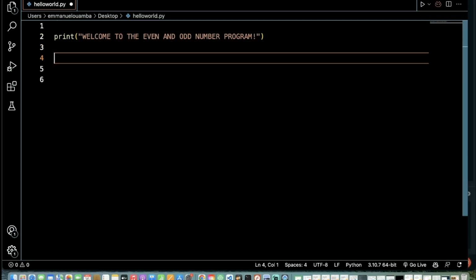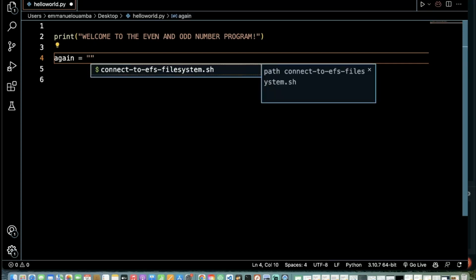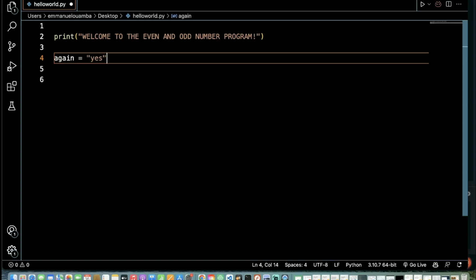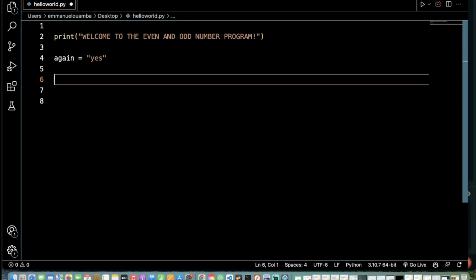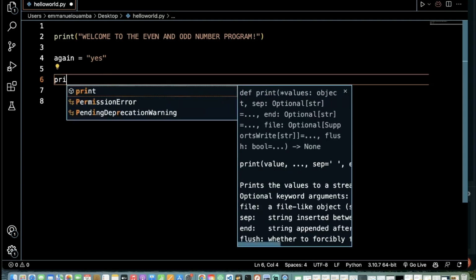And then I will declare a variable called again. It's going to be a string variable. I'll give it a value of yes. I will show you later why we need to use this variable. Then I will put some space and